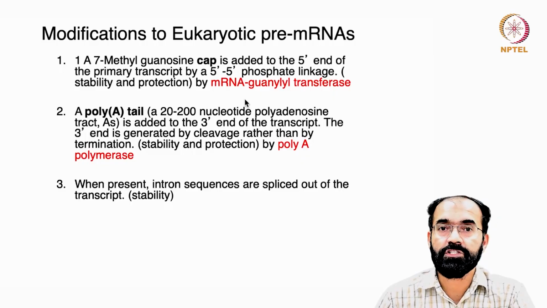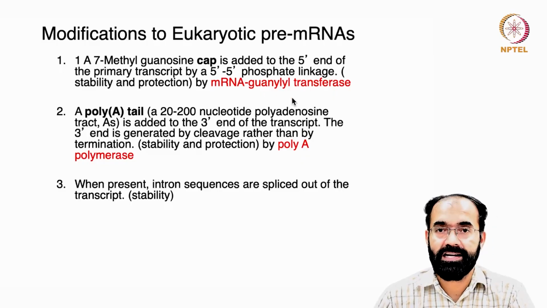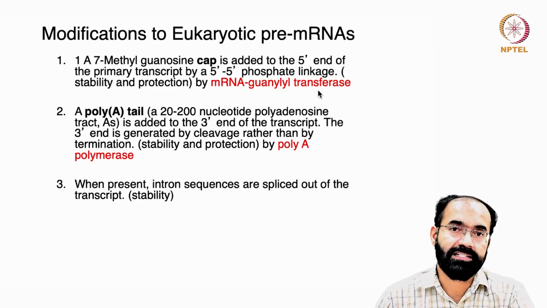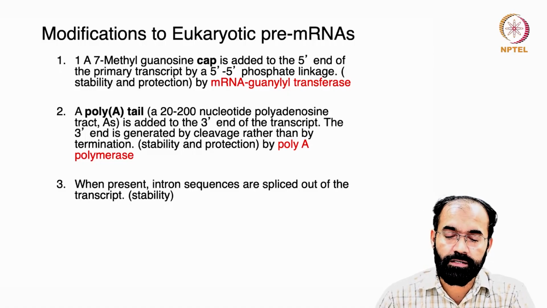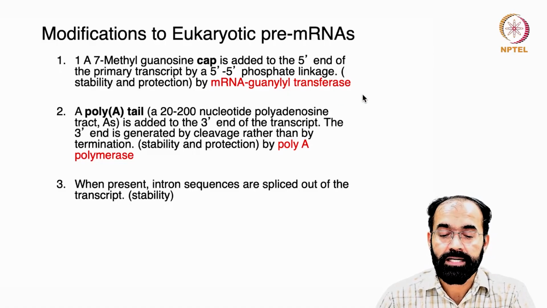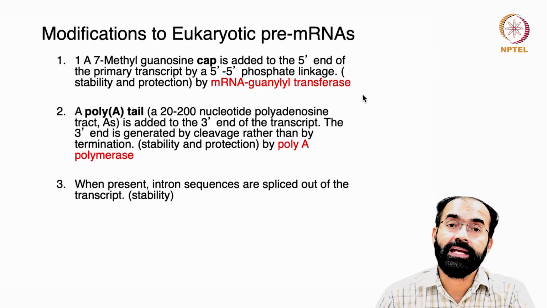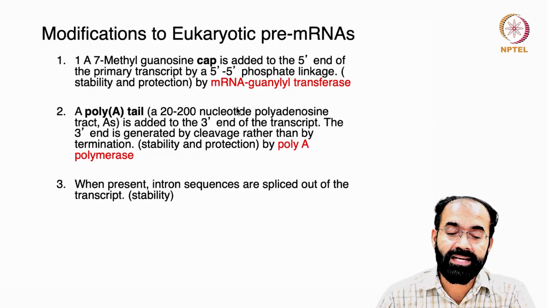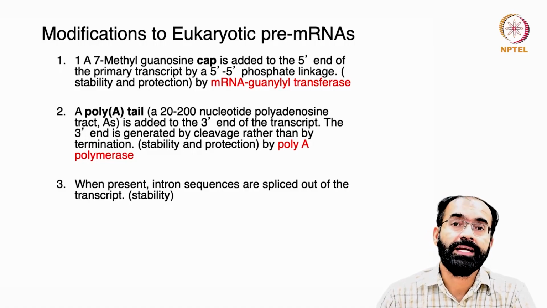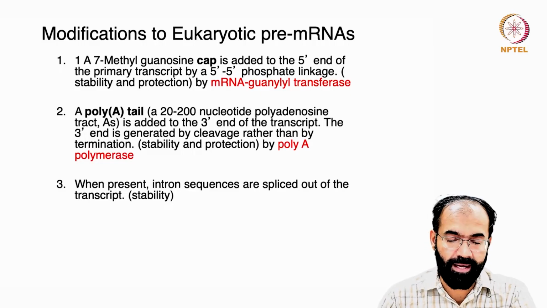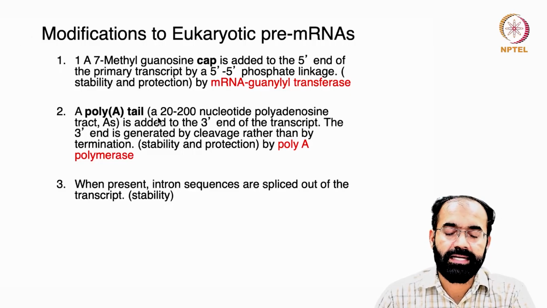The enzyme responsible for that is mRNA guanylyl transferase. Whenever you hear the word transferase in biology, it means it is transferring something. Kinase means it is adding phosphate. So that's how the nomenclature is. Guanylyl transferase means it is adding a guanine, and it's not any other guanine, it has a 7-methyl group. So a 7-methyl guanosine cap is added onto the 5' end of a newly formed mRNA, that is the 5' cap. And then a poly A tail is added